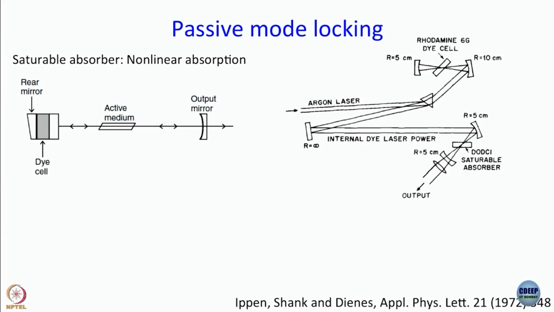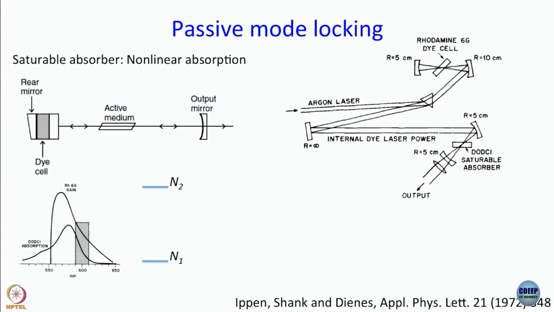So, now what happens is this. You see, this is the emission spectrum of rhodamine and the absorption spectrum of DODCI. There is a strong overlap. So, DODCI would absorb the light that comes out from rhodamine, the emission of rhodamine. Okay. Now, let us consider two levels in DODCI, two levels involved in the absorption process, and let us say